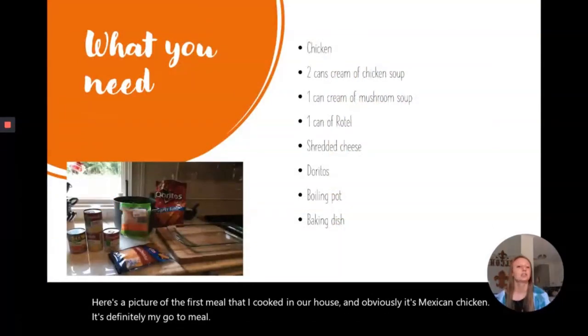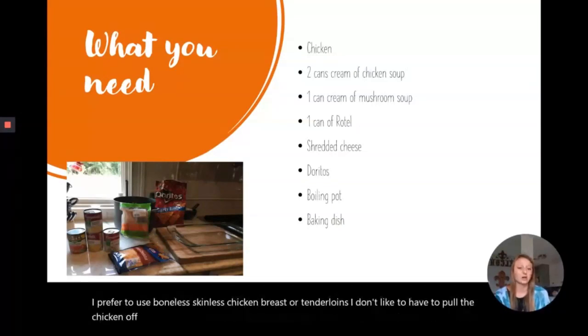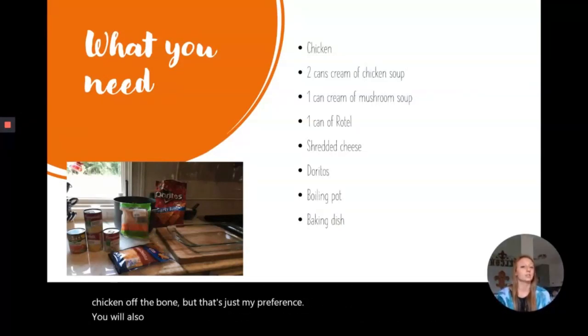What you will need: chicken. I prefer to use boneless, skinless chicken breast or tenderloins. I don't like to have to pull the chicken off the bone, but that's just my preference. You will also need 2 cans of cream of chicken soup, 1 can cream of mushroom soup, 1 can of Rotel.